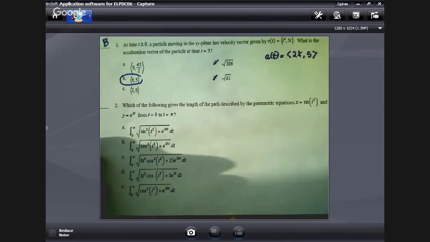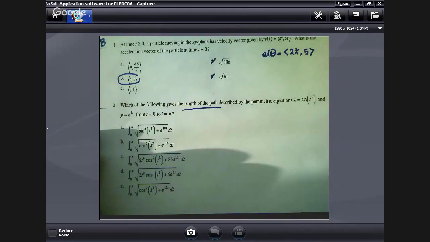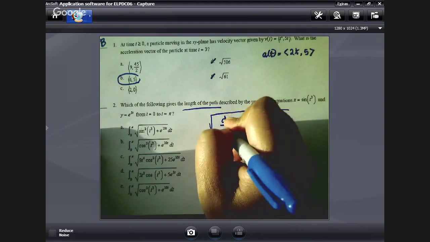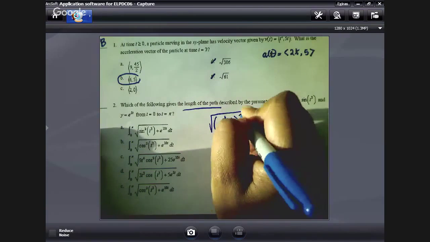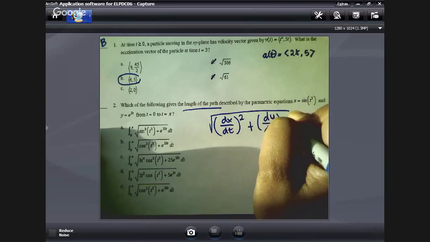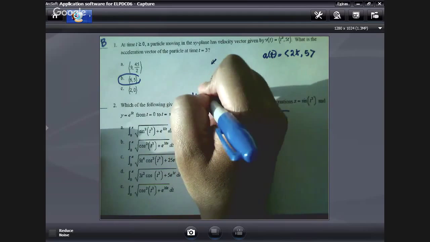Number 2, length of the path is the same as distance traveled, right? If you're moving along a path, its length is how far you went. So the length of the path for parametric equations is the same as distance traveled. So that means it's the square root of dx dt squared plus dy dt squared. Length of the path is the same as distance